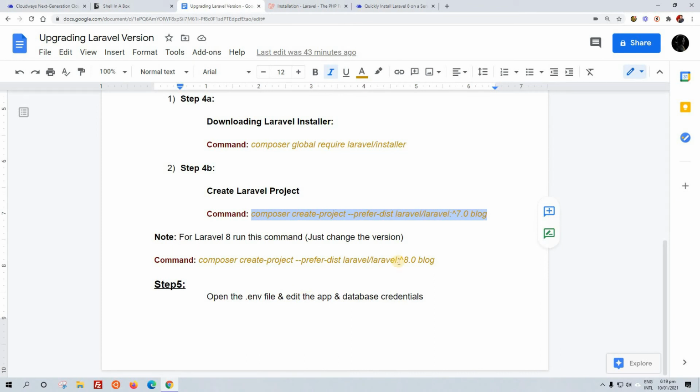Once it's done, we are going to edit the Laravel environment file that contains the app and database credentials, because we have to connect the newly created installation with our database. I have to give you a little background.